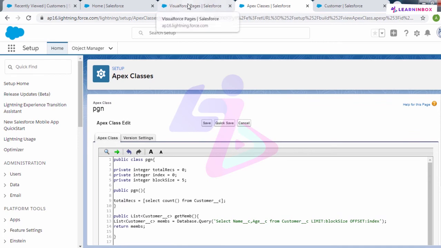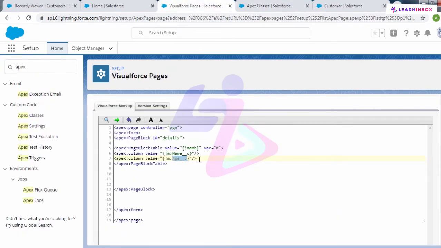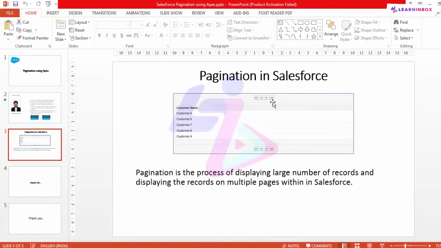Now according to this logic we'll write the remaining coding of our Visualforce page. So here in the Visualforce page we have created a page block table. Now we'll create some buttons here. Which buttons? These 4 buttons.